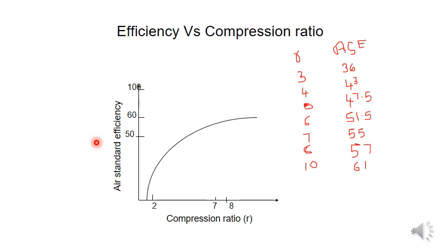So if the temperature T2 is too great, the air-fuel mixture will ignite spontaneously. It is also important that the efficiency of the Carnot cycle between the same temperature limits, a maximum temperature and the minimum temperature, is greater than the Otto cycle. So this graph is also very important. From seeing this graph, we can tell that as the compression ratio increases, the efficiency of the Otto cycle increases.